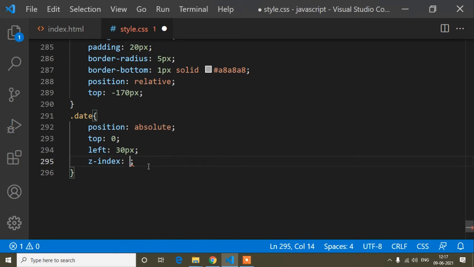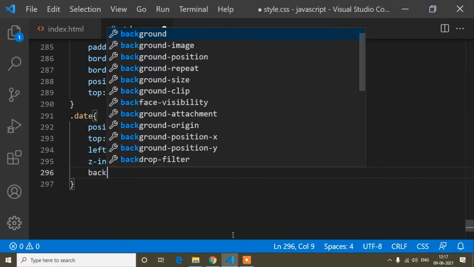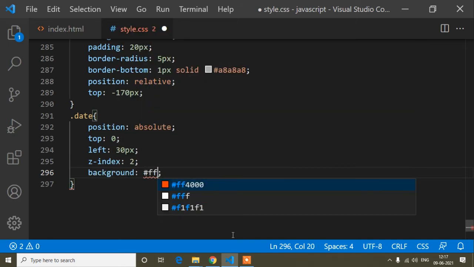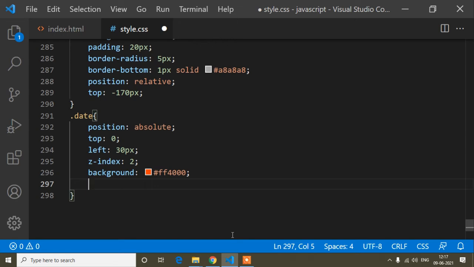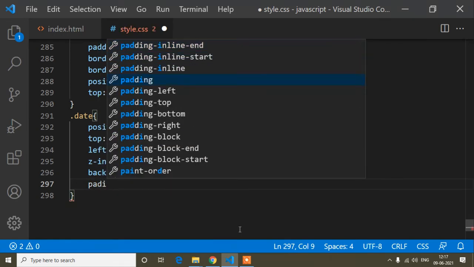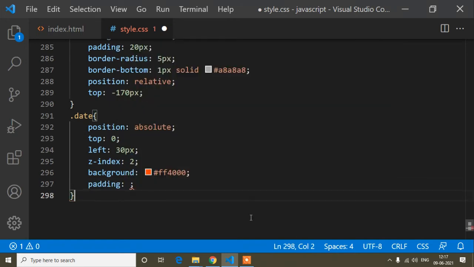So here I will write the z-index on this date, that is 2, and after the z-index, here I will write the background color. So background color will be this orange color. Okay, so this orange color code you can write, and you can change it if you want to write any color. So how will you get the color?